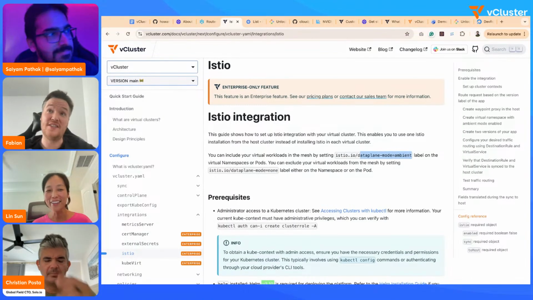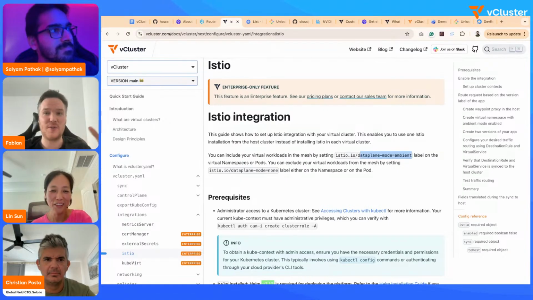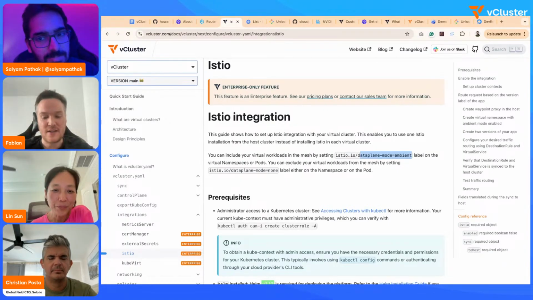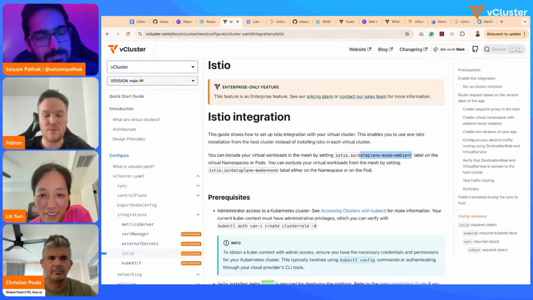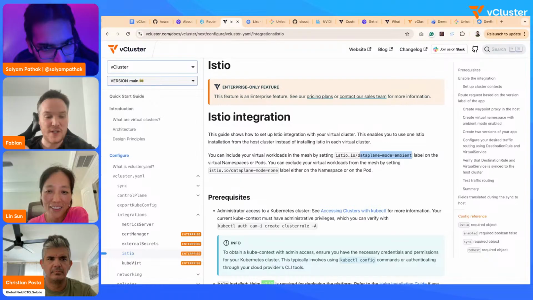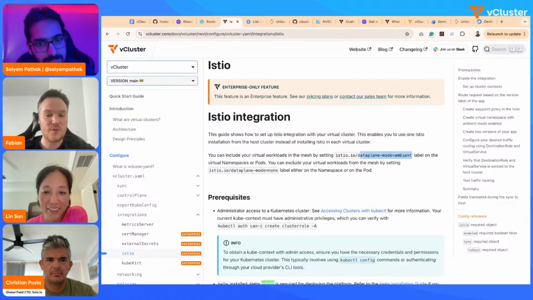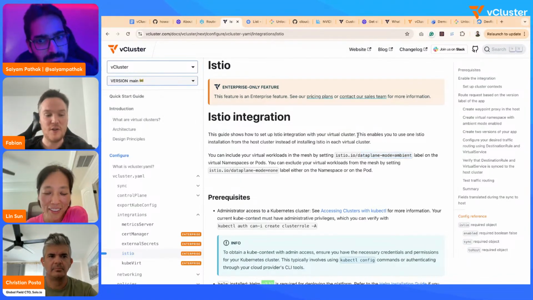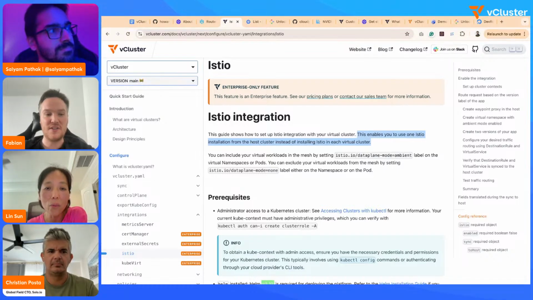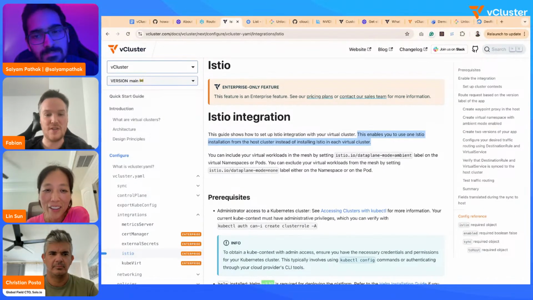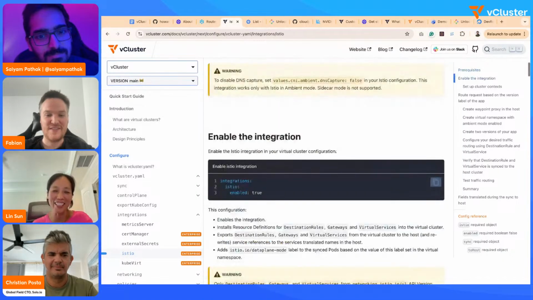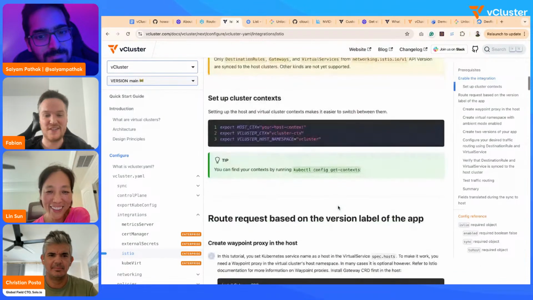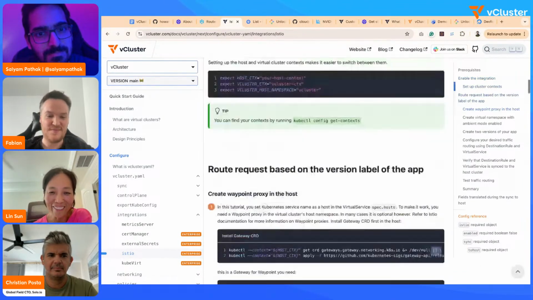Yeah, we have two versions of it. Either you install it so that only the sidecar-based version works inside the vCluster. But what most people actually want is one Istio installation that you can then reuse in vClusters, and that only works with ambient because it's more on the lower level. And we have this Istio integration that Sayam is showing here. Shout out to your team, you already added the ambient integration. Nice. Ambient mode is really great for that. It really works nicely with that. Awesome.